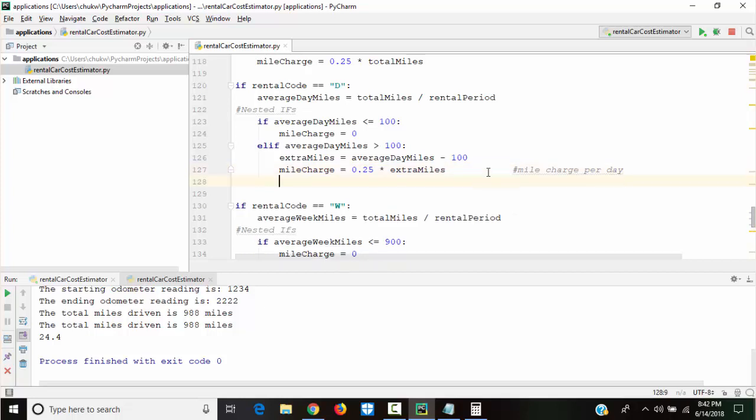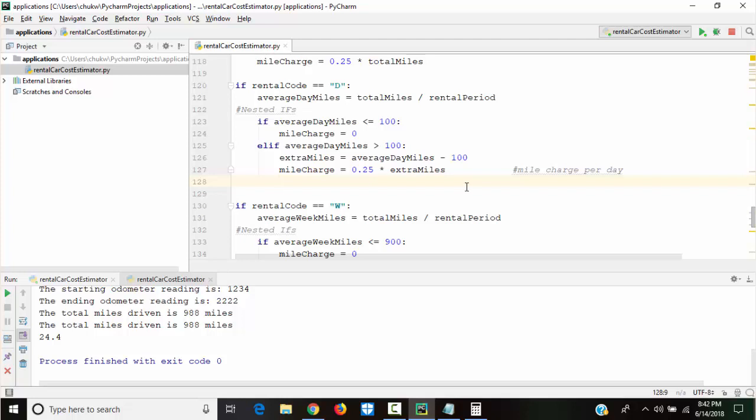But now if we want this for the number of days, because this is the mile charge per day, since we did average day miles.